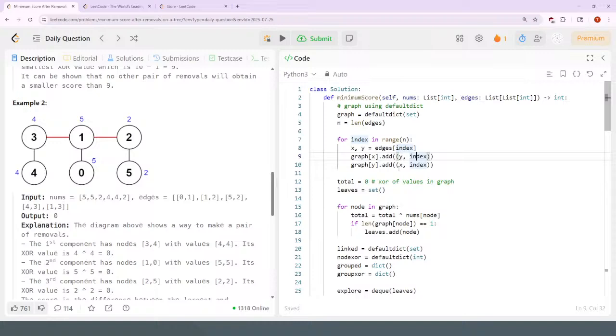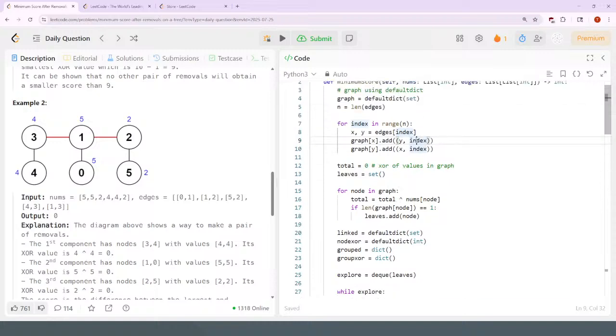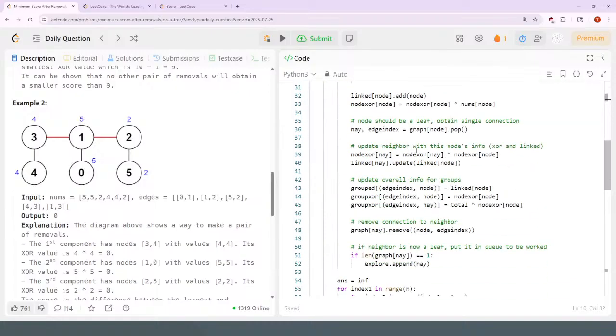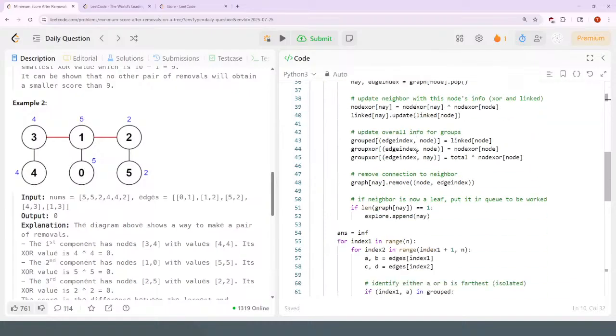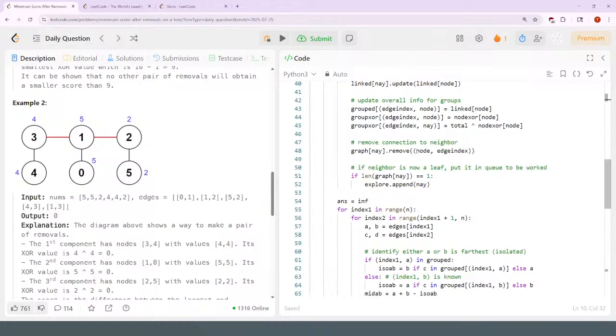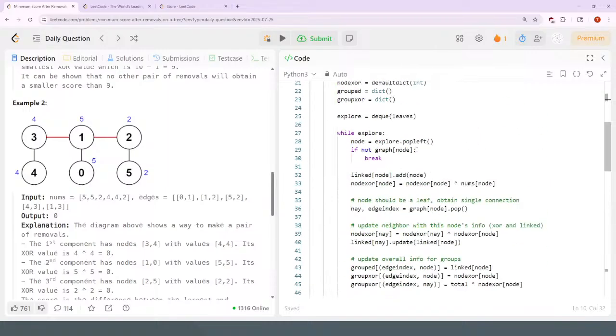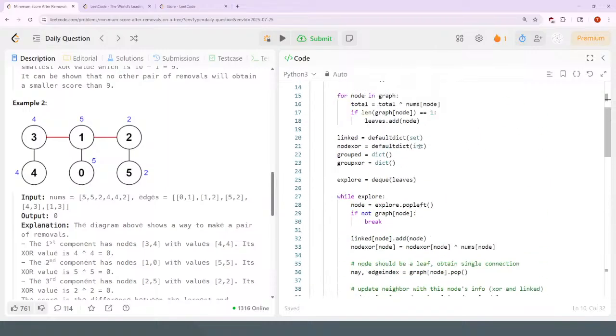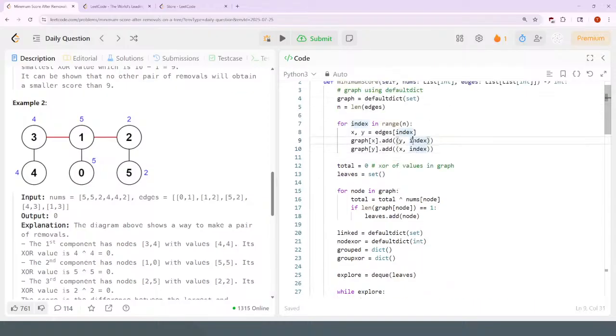And I think, did I ever need to use the edge index? I think I did. When did I ever use the edge index, to be honest? Alright, well, maybe that was not strictly necessary. Maybe I could have just used the edge, just used the neighbor node. In any case,